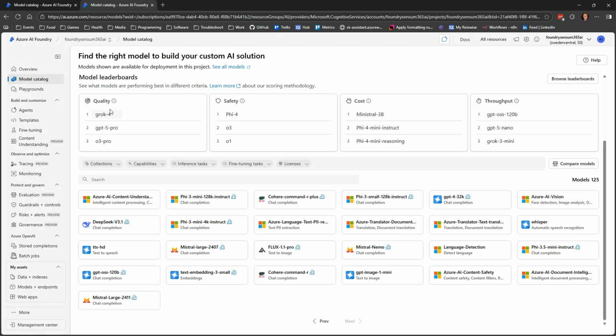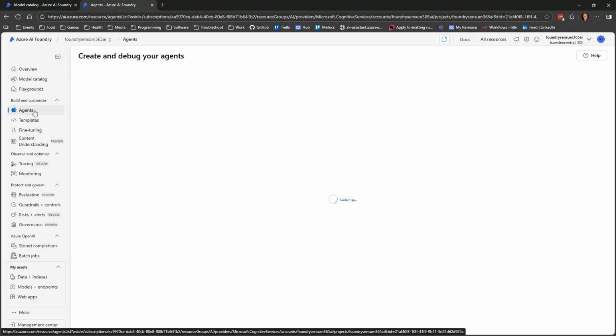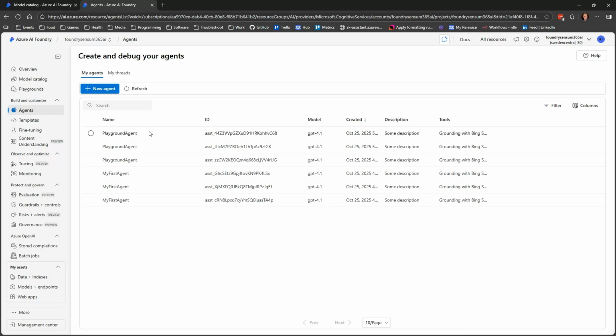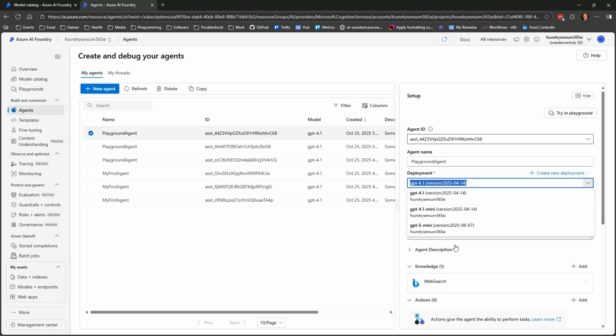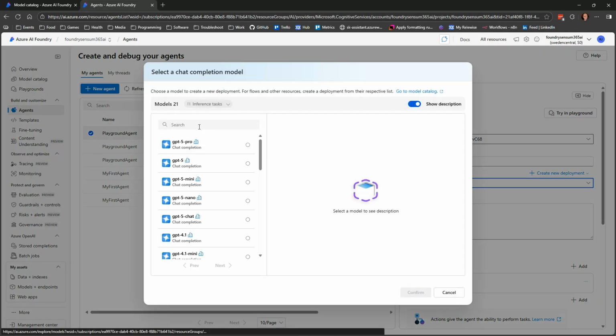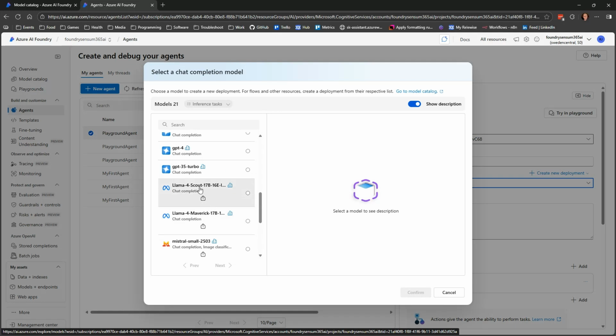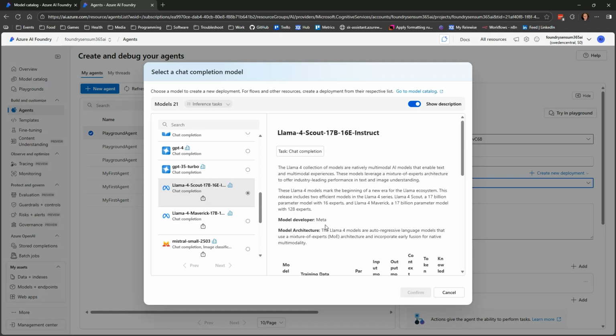But you need to be aware that we are dealing with agents, and the agents part down here cannot use every single one of these models. So if we go in here, we are only allowed to use certain models, and they even show some that actually don't work. You can't select them.